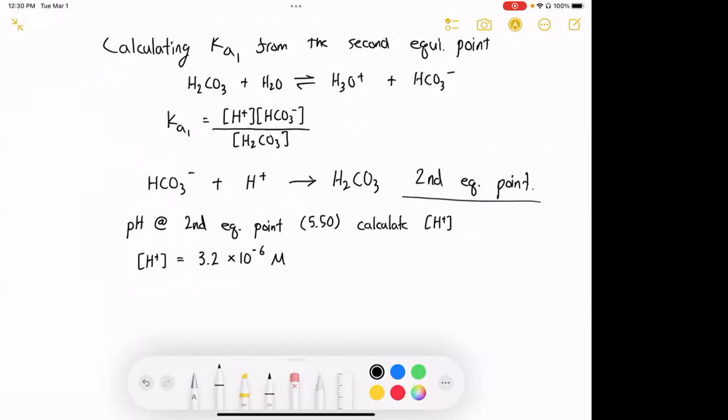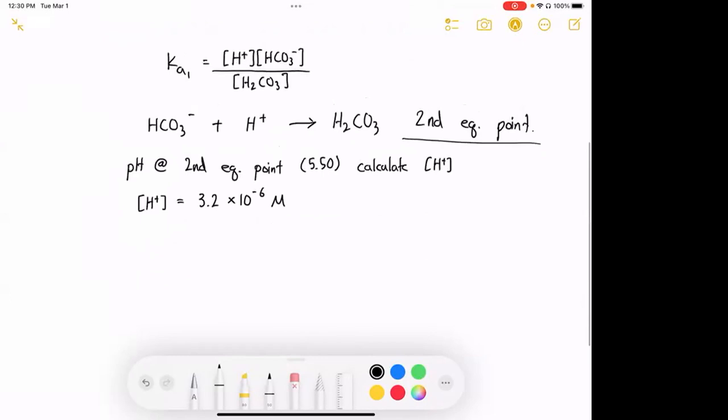Okay, now this is part one. Part two, now we're going to use the mass of sodium carbonate from our first trial, and the molar mass, so we're going to determine the moles of sodium carbonate. So we take our mass. So let's say I use the mass of,